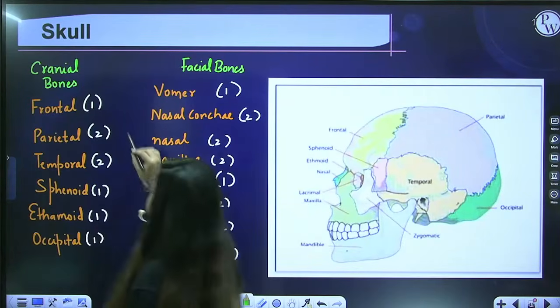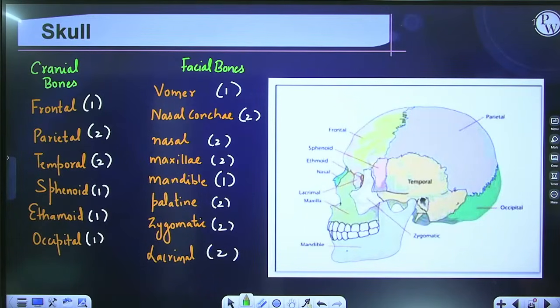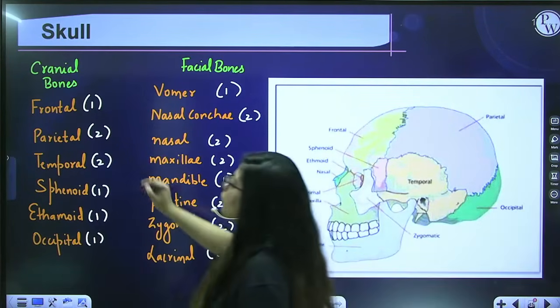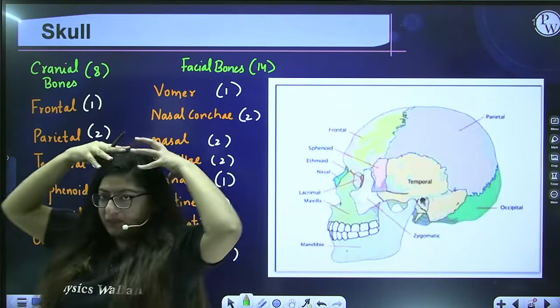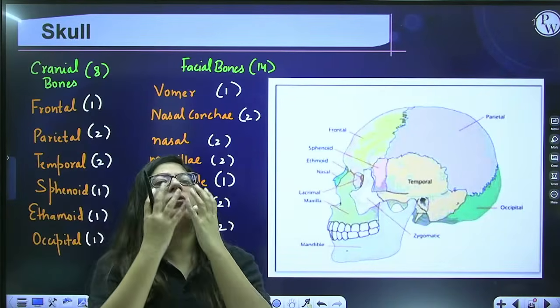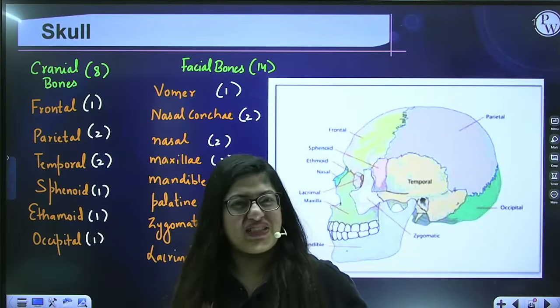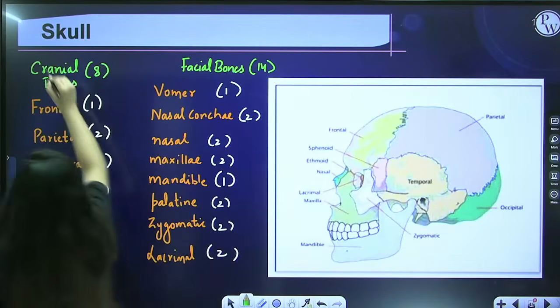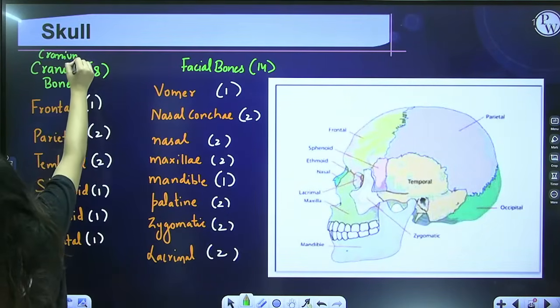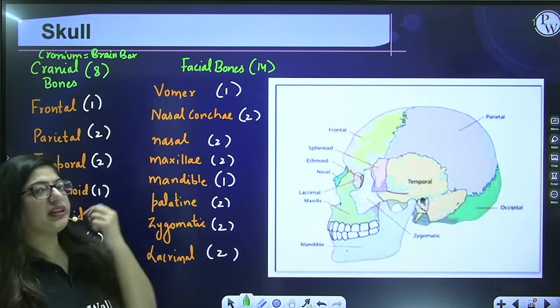So as I've told you, in the skull we have a total of 22 bones, and out of these 22 bones, 8 are cranial bones and 14 are facial bones. Cranial bones form this portion, facial bones form your face. The entire structure is the skull. Skull, khopdi, you have seen in the movies, right? The cranium, this portion, is also known as the brain box. So cranial bones form your cranium, and cranium is another name for brain box because the brain is present here. Whereas the facial bones are these bones, right?